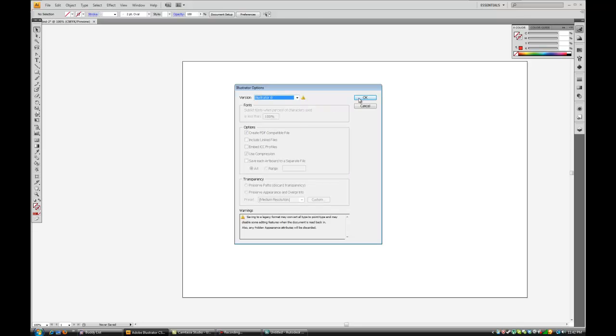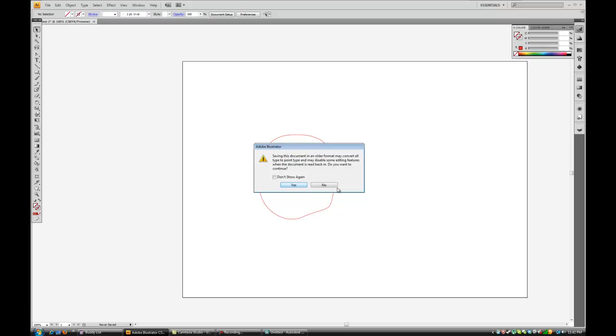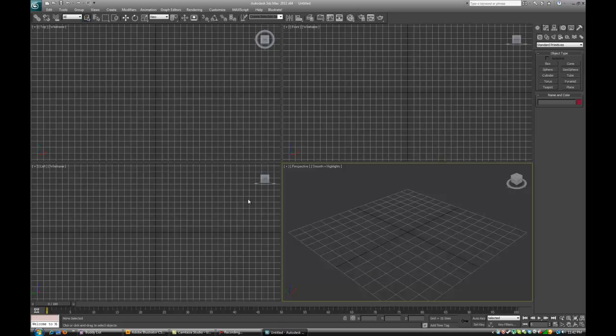If you select Illustrator 8, it's going to give you some warning about some legacy file formats. That just means it's basically telling you that it's saving the file in an old file format. So if you select yes,